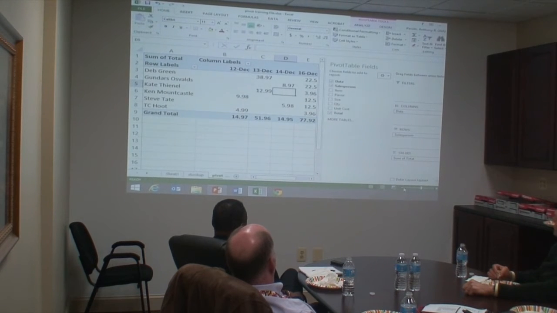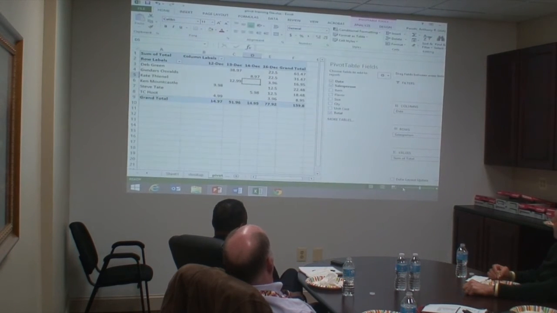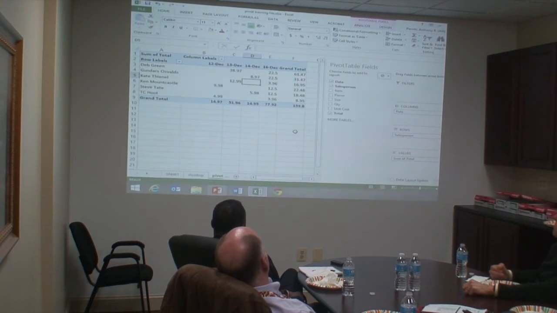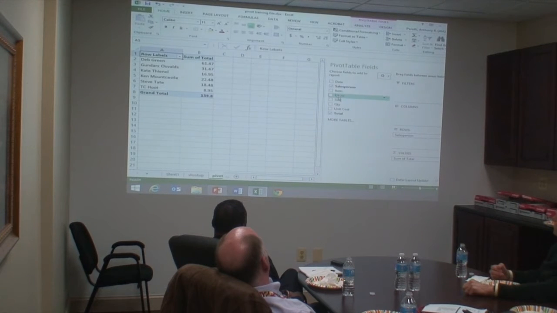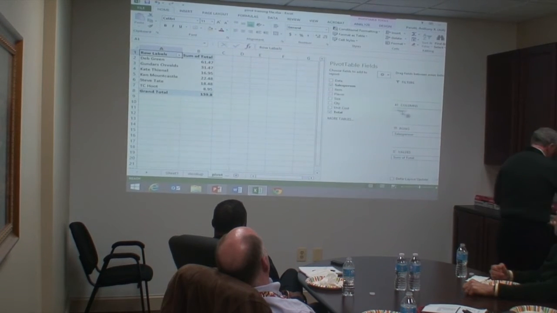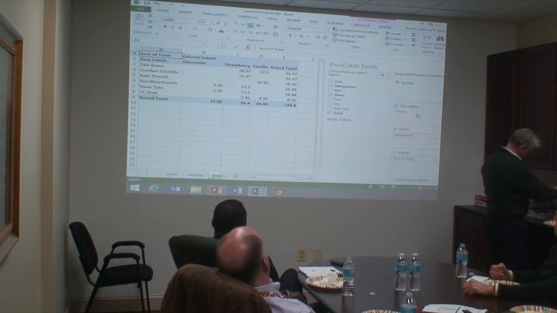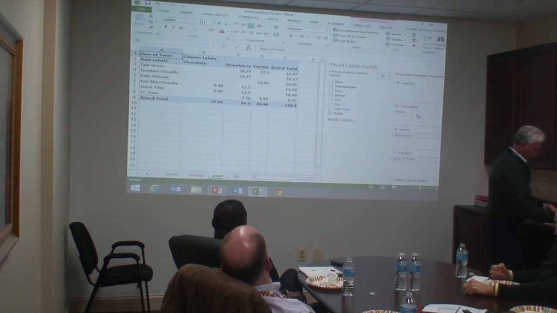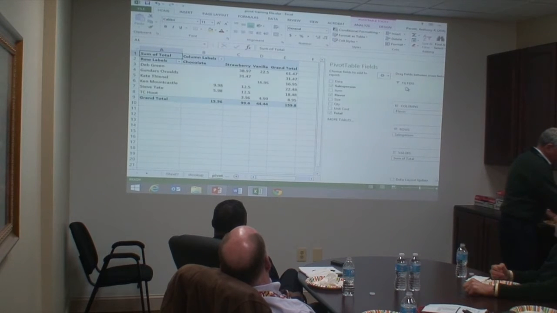Let me make this a little smaller. But if you want to know, instead of by date, you want to know by flavor, take date out, put flavor in. And now you can look at sales by flavor instead of by date. And if you want to,